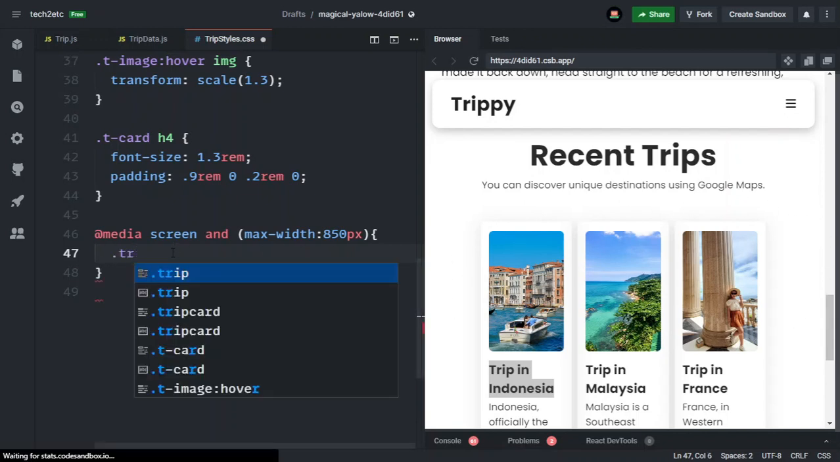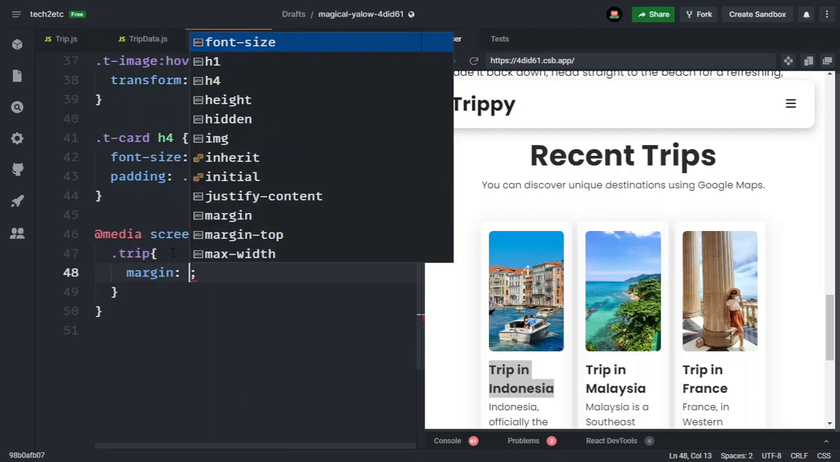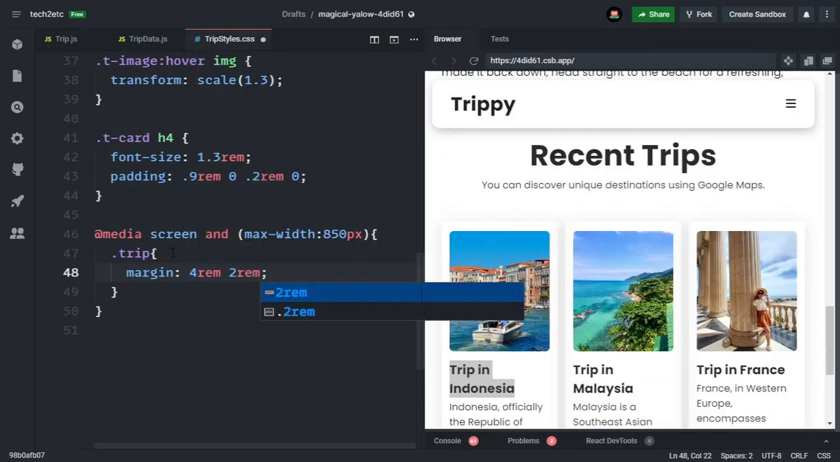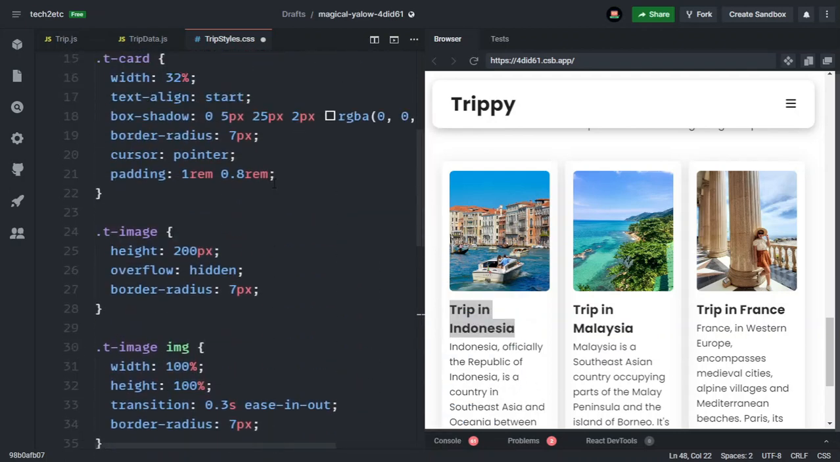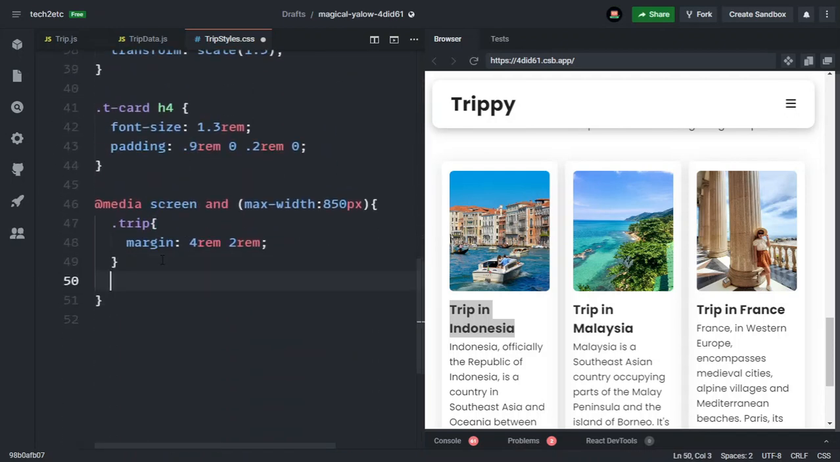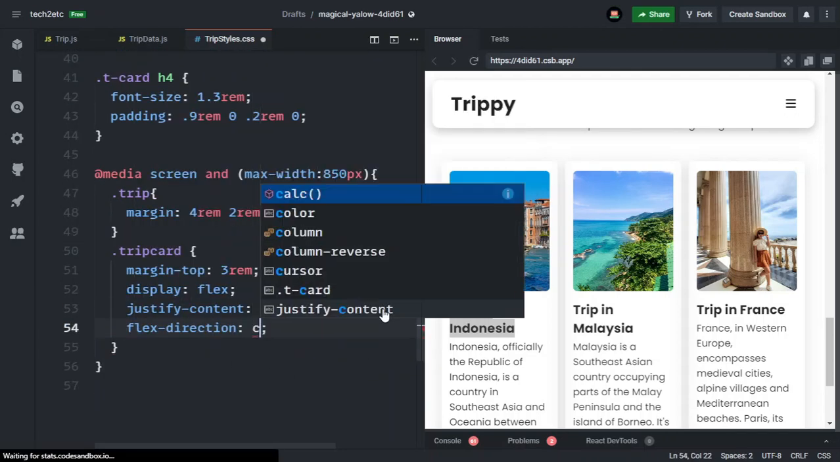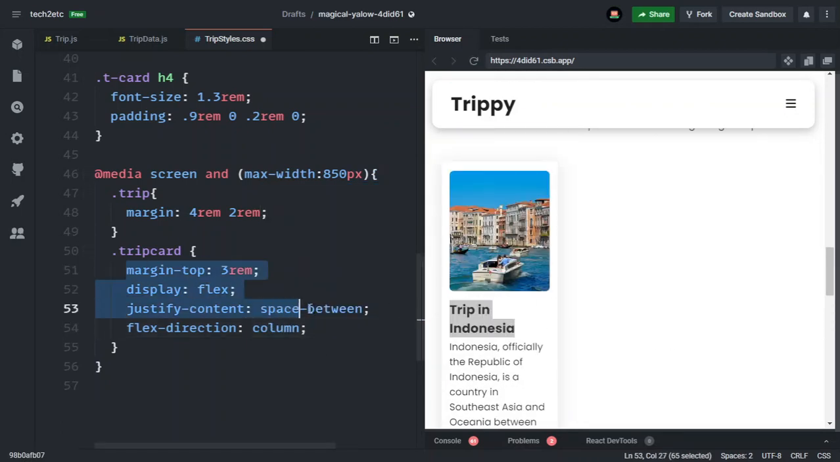So that's why let's take the trip, and here I will change the margin, and the margin from top and bottom will be 4 rem, and from left and right it will be 2 rem, like this. And after this one, here you can see that our cards are now in one row, but in our small screen device I want them in one column. So I will simply copy this trip card and then paste it here. And here I will use flex direction, and it will be column, and here you can see that they are now in one column, and I don't want to change anything from here,